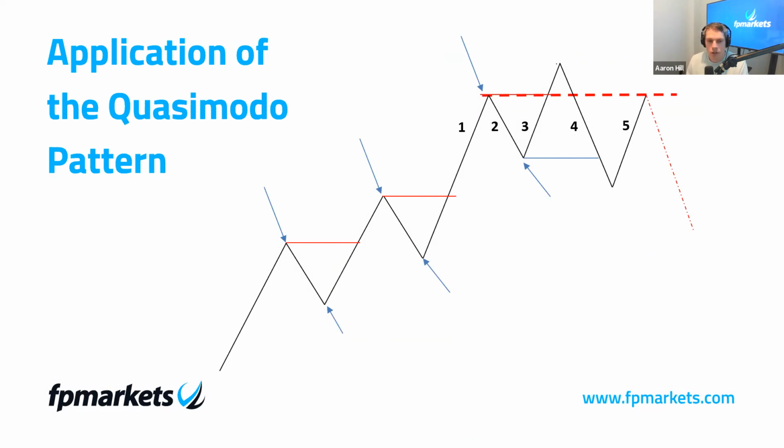So to begin with, to be a valid bearish Quasimodo pattern, we require some form of uptrend, right? As you can see here, this doesn't have to be a monstrous uptrend. I'm not saying we have to be in just the dollar yen of uptrends. Look at the dollar yen right now. We do not have to be in that type of environment for a bearish Quasimodo pattern to emerge, but we do have to have some form of up move present.